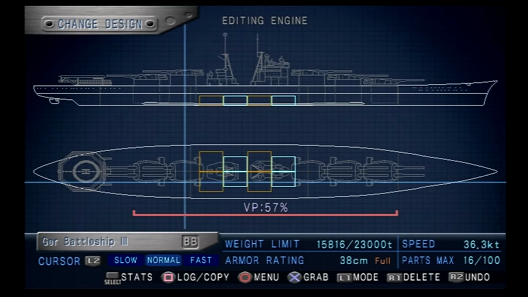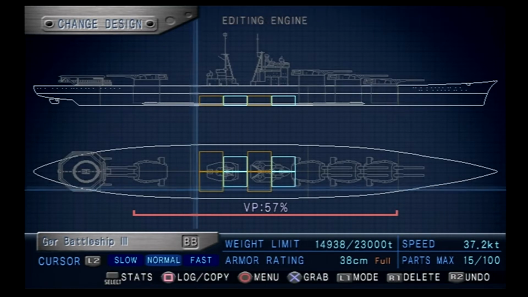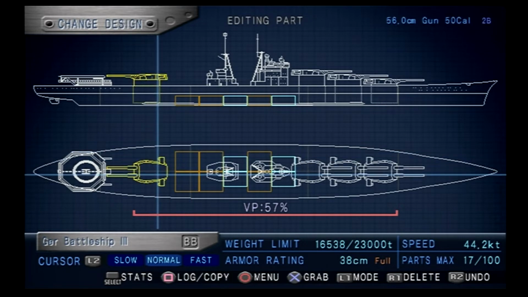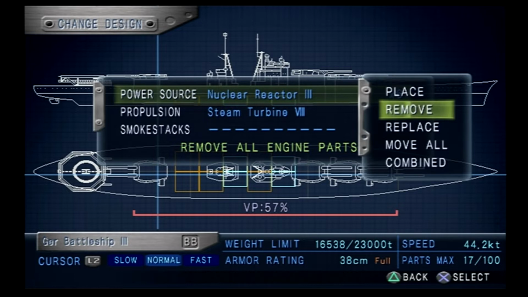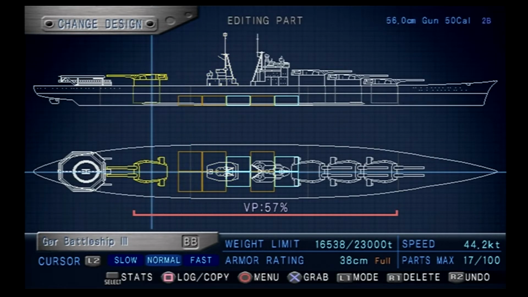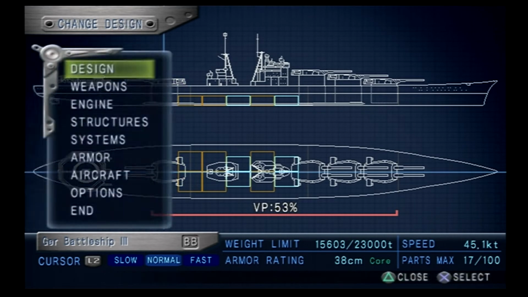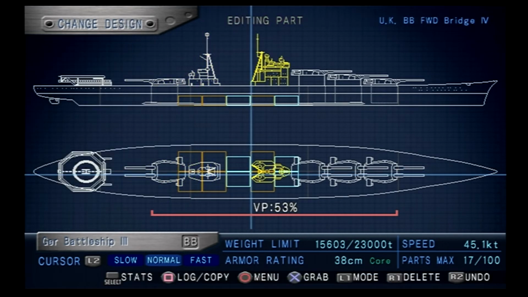Which means we might have to sacrifice one of these guns. Let's do this, and let's do this, and this. Where are we at? 44 knots. Okay, I guess. Let's also do this. I didn't want to have to sacrifice another gun, but we just don't have good enough engines to make this viable. So we're going to put this down here. Now, I wonder, if we did this, and...